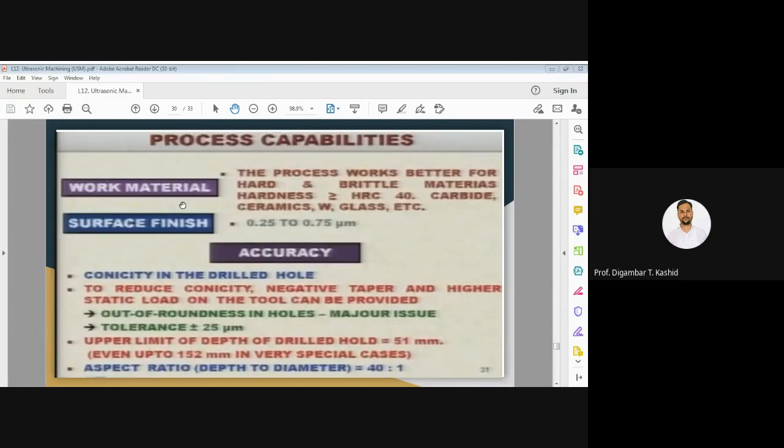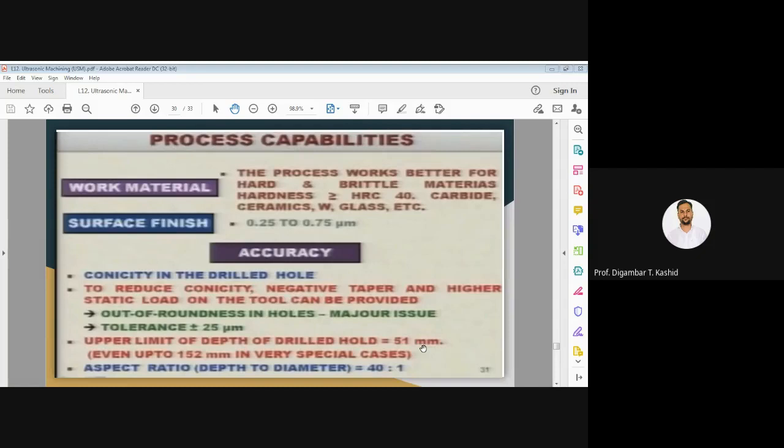So to reduce the conicity, or what we can call negative taper, on your tool, a higher static load on the tool can be provided. Out of roundness in the holes is also a major issue in ultrasonic machining. And the tolerance that can be obtained by this process is near about plus minus 25 micron, and the upper limit of the depth of a drilled hole is normally